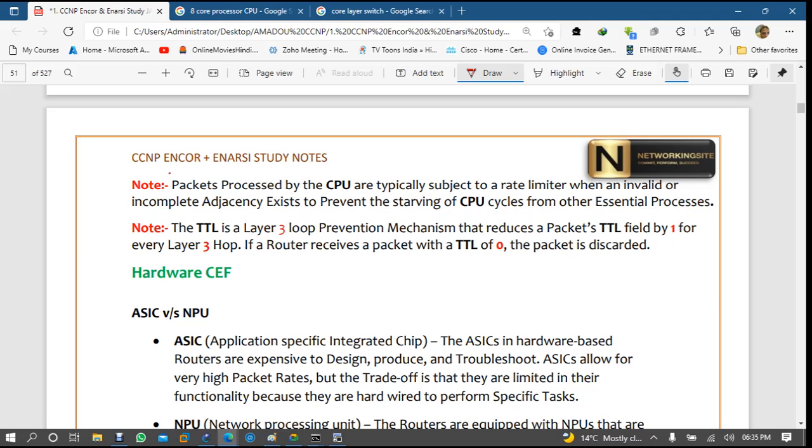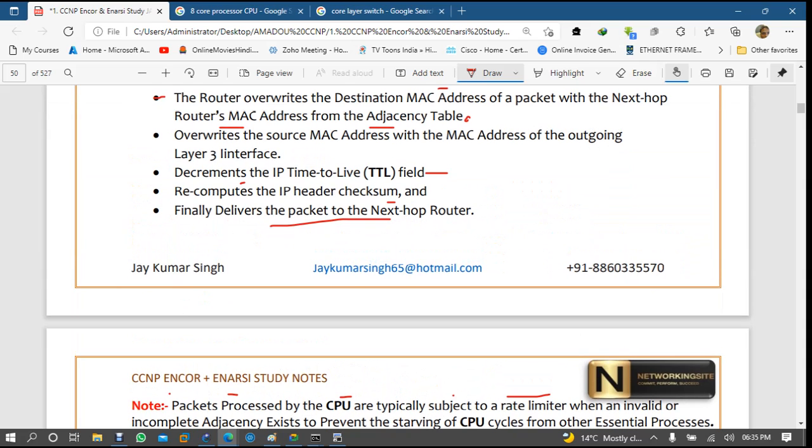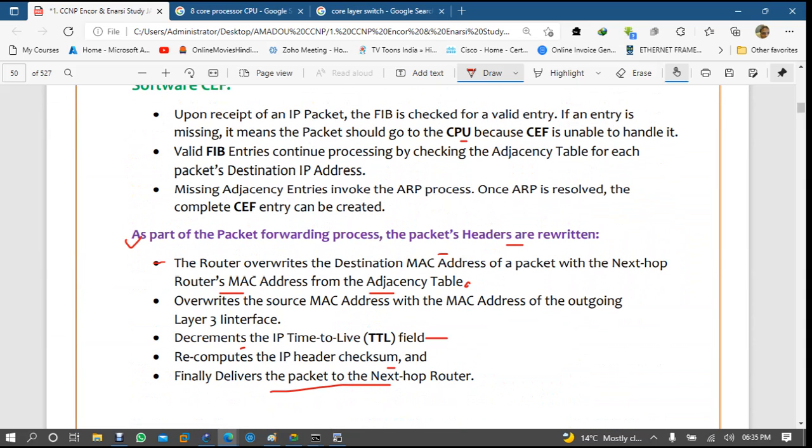Now note, the packet processed by CPU are typically subject to, I lost you. Hello. I lost you, about 20 seconds. Okay. Now